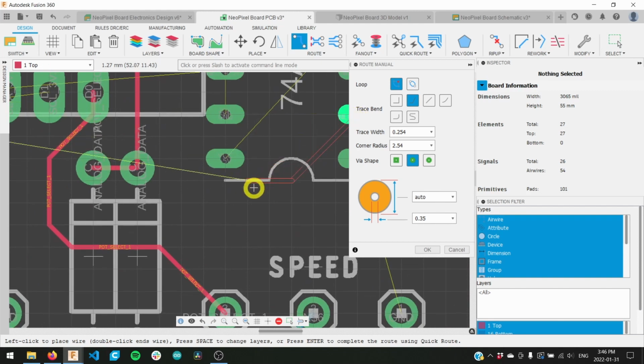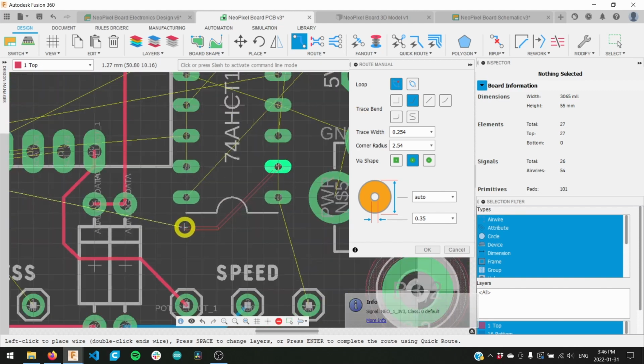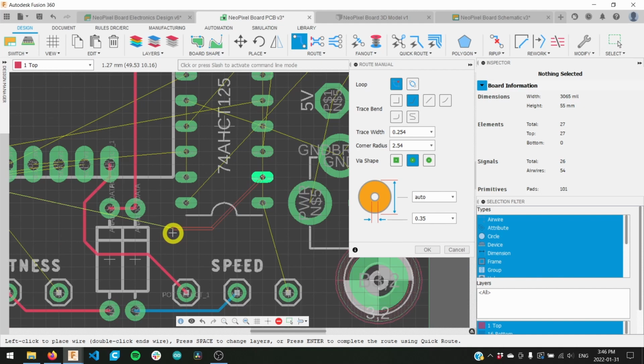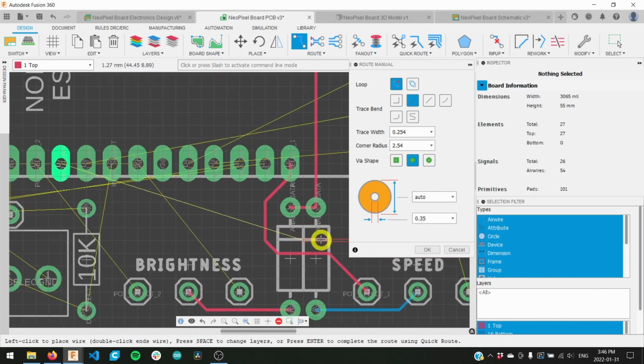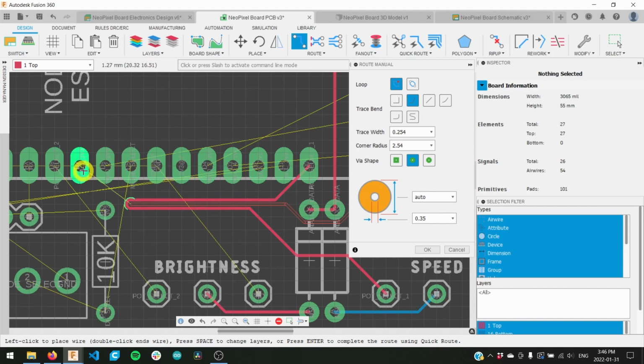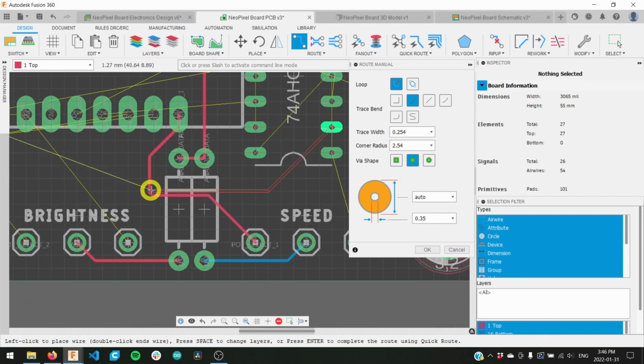Sometimes when working on complex designs, you may run into a situation where you've painted yourself into a corner, and you can see I want to follow that yellow air wire to make the connection over to this terminal, but this trace that I placed earlier is blocking my path. Now there are some ways to get around it. You know, I could go around, do some other stuff, but another option I have is to go underneath using